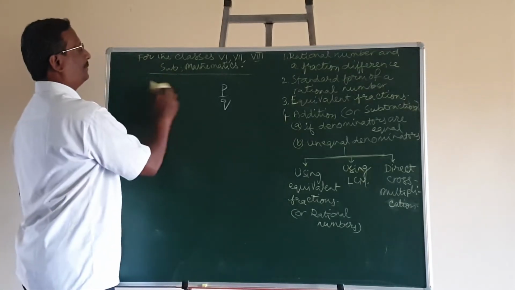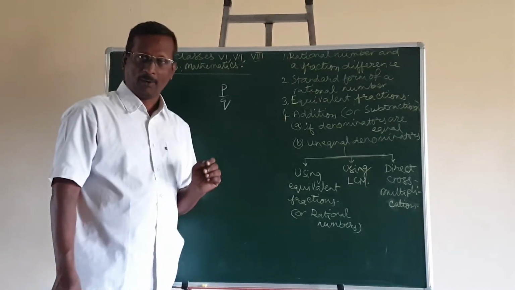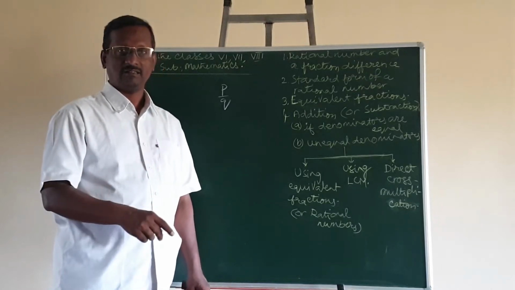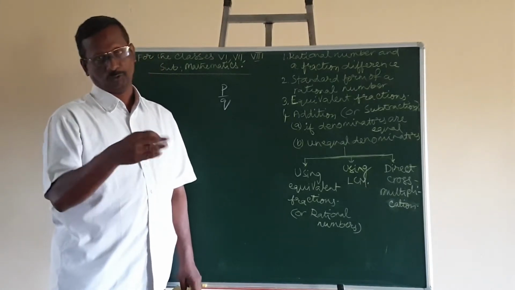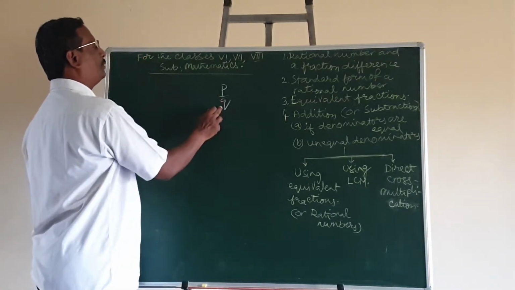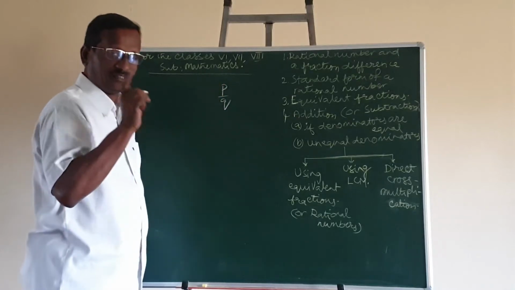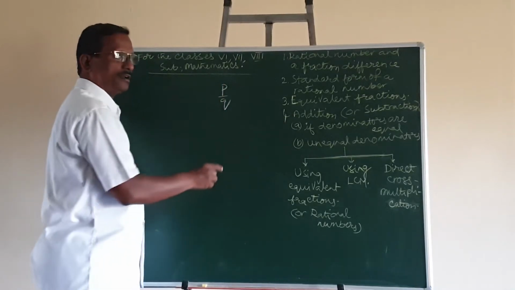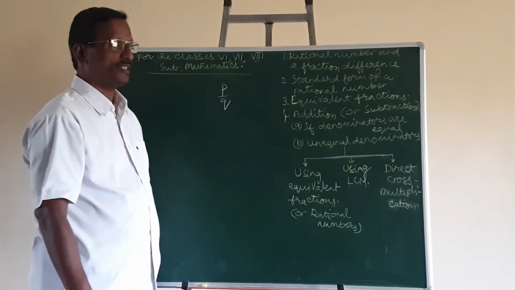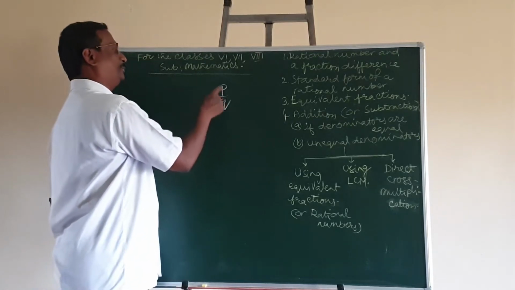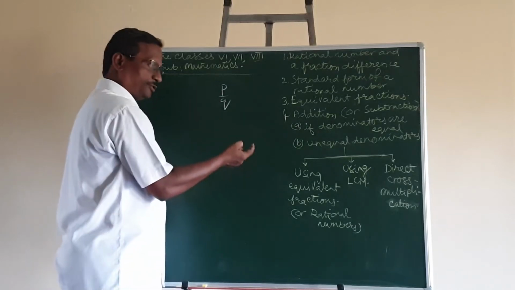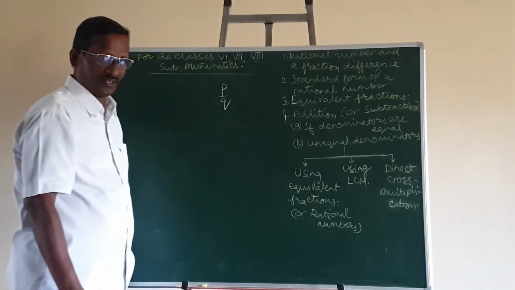But for rational numbers, a number which can be written in the form of p by q, where p and q are integers. Integers means they may be positive or negative. Here we can understand that if p and q are only positive, it is a fraction. If p and q may be positive or negative, but the denominator should not be equal to 0, such fractions with positive numerator, positive denominator, or with either positive or negative, then it is a rational number.